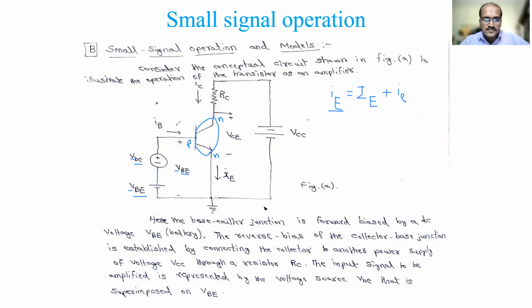See here, I have shown the instantaneous base current iB. This consists of two terms: one is DC, capital I capital B, plus a small ib. Similarly iC will also be like that, and vC also. For example, here I have shown this is the vBE, the instantaneous voltage, v small, BE capital. This constitutes two components, as I have shown. This is the DC battery, where the letter as well as subscript are both capital.